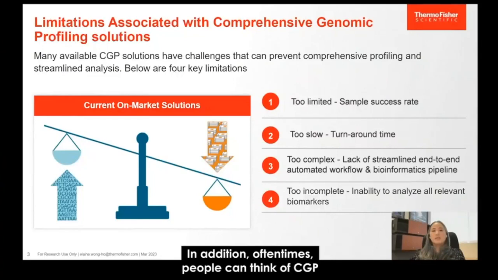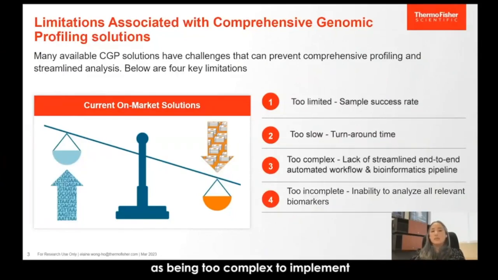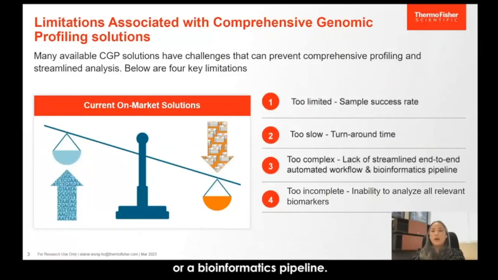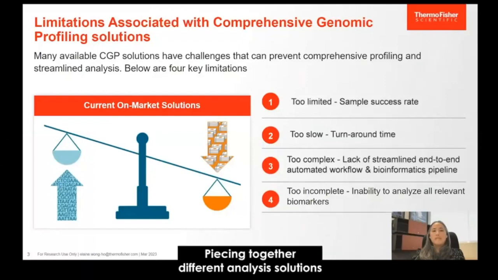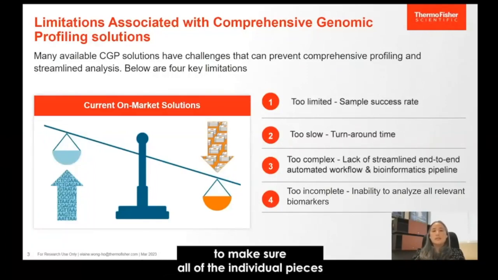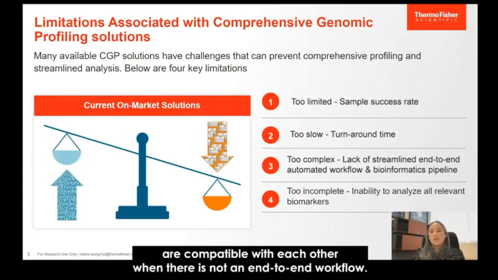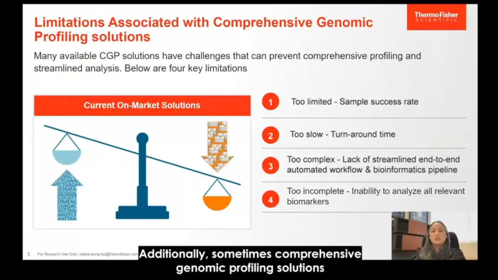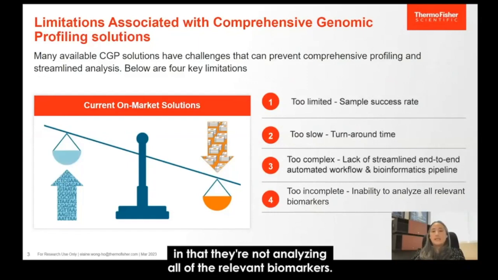In addition, oftentimes people can think of CGP as being too complex to implement due to the lack of a streamlined end-to-end automated workflow or a bioinformatics pipeline. Piecing together different analysis solutions can mean that the investment can add up. There's also extra work needed to make sure all of the individual pieces are compatible with each other when there's not an end-to-end workflow. Additionally, sometimes comprehensive genomic profiling solutions are too incomplete in that they're not analyzing all of